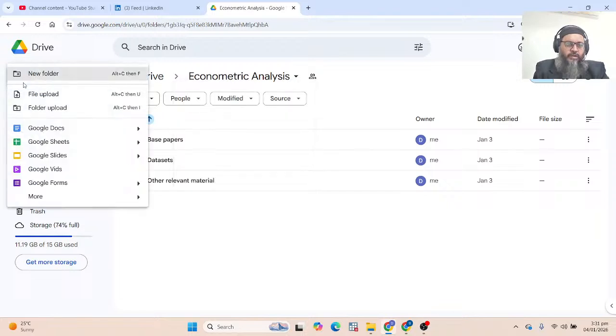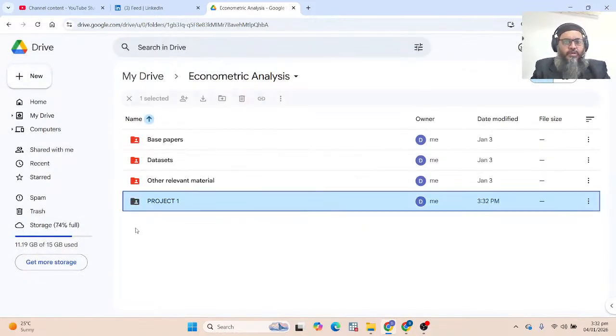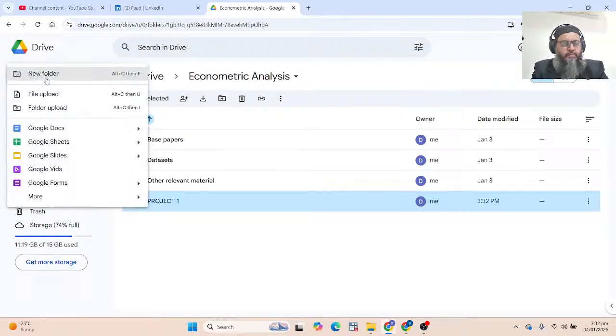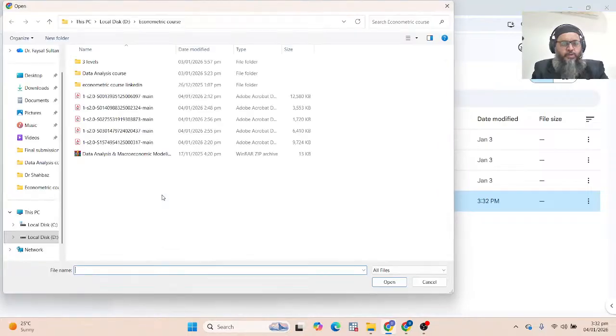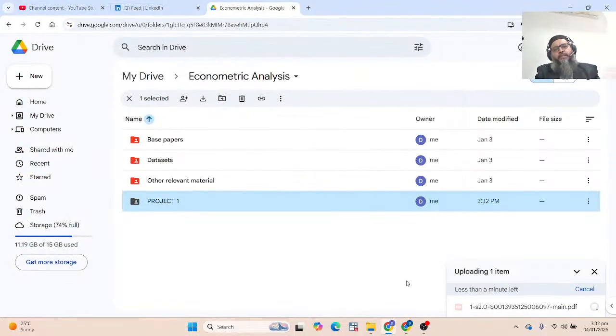Just make a folder like project 1, and then you can save as many files here, like file upload. Just give it the path, and then you can upload as many items as you want in your particular folder, just to stay organized.